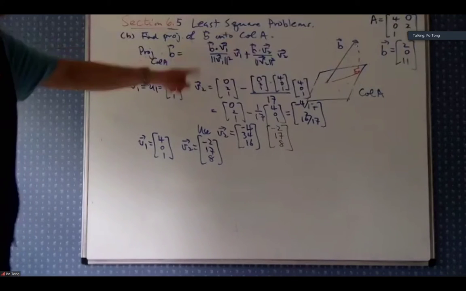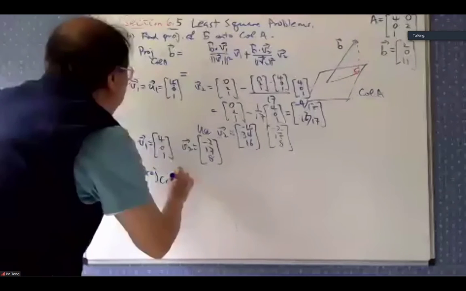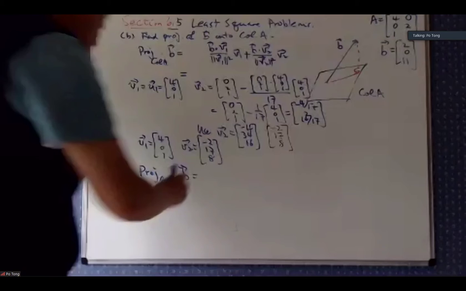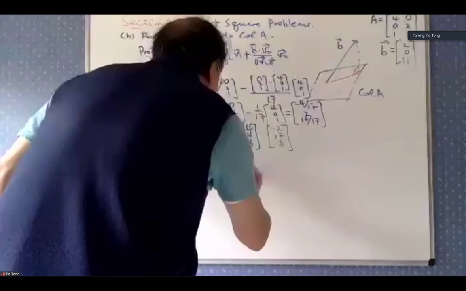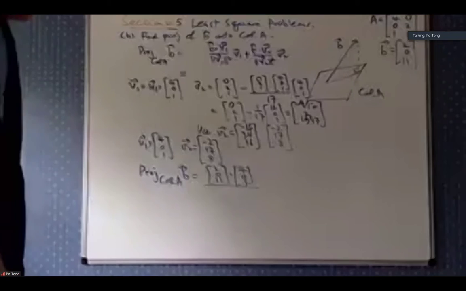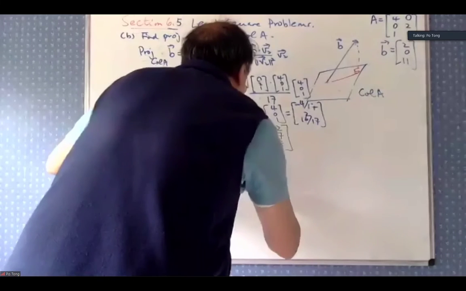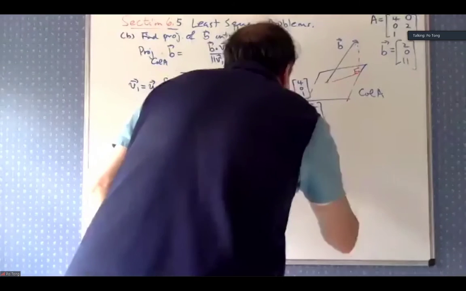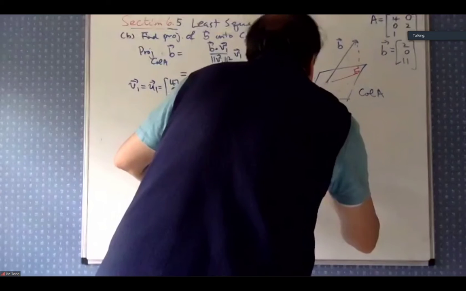Projection onto the column space of A. It's going to be B, which is 2, 0, 11, dot V1, or 0, 1, divided by V1 squared, 17, times V1, plus B dot V2 divided by